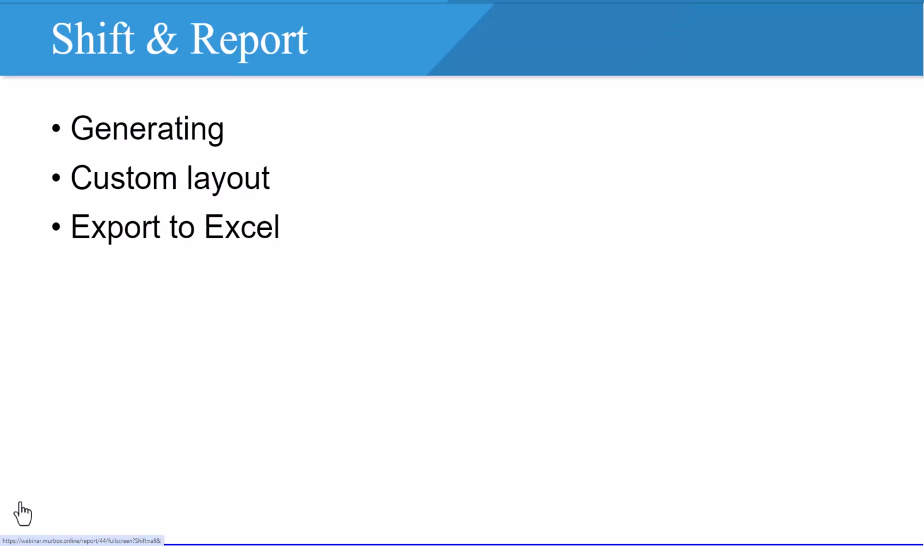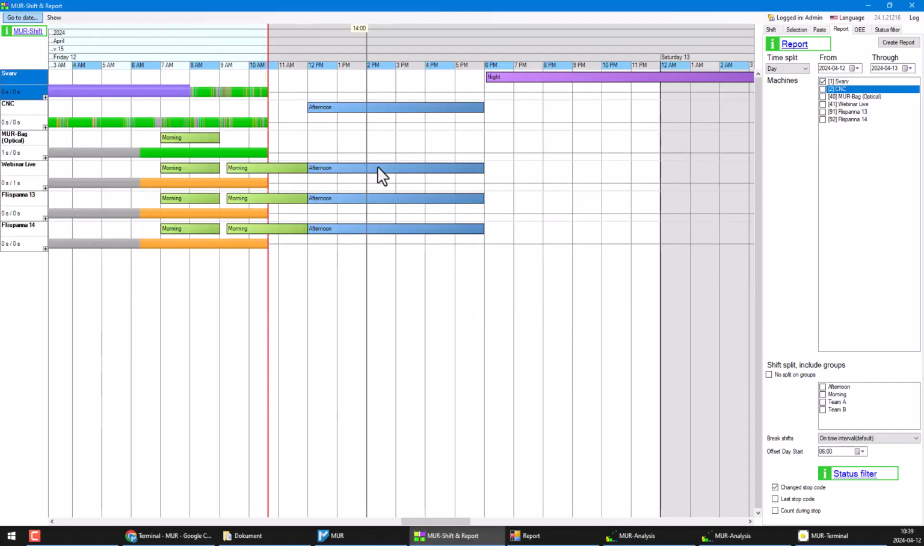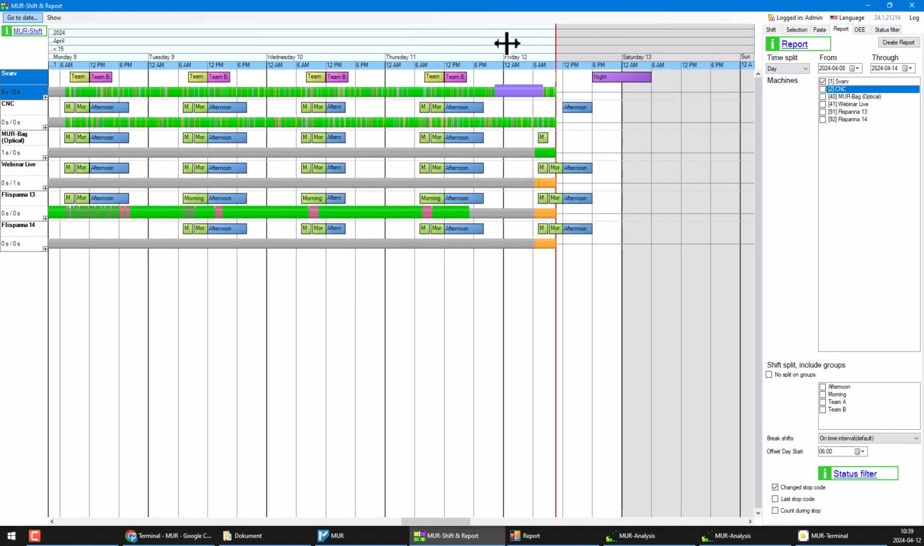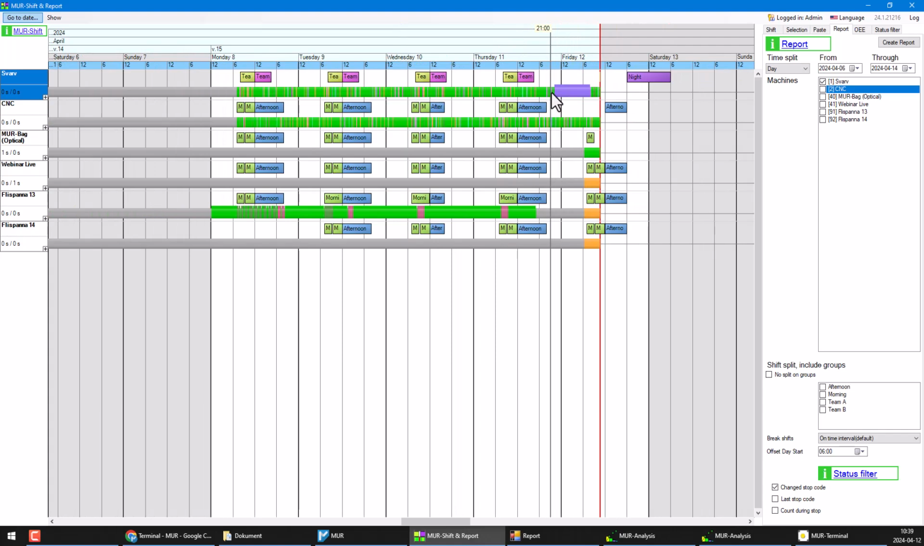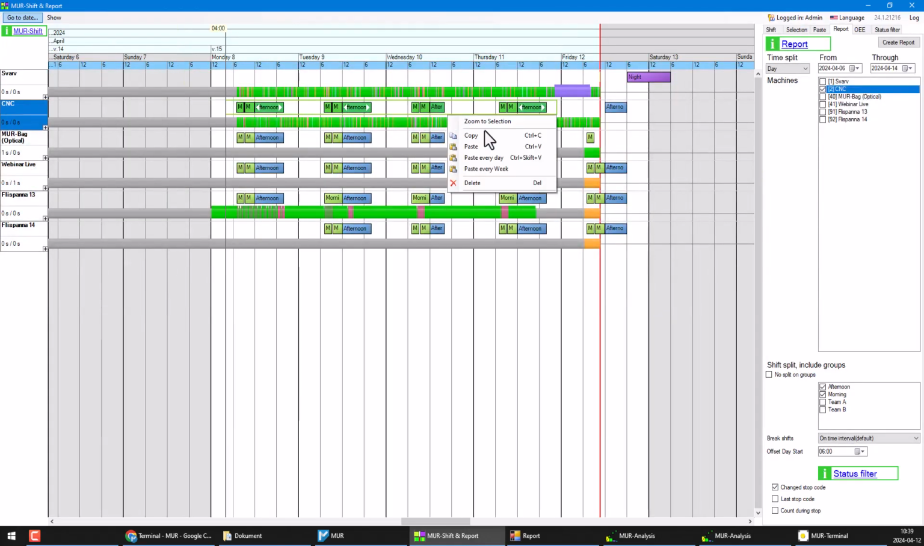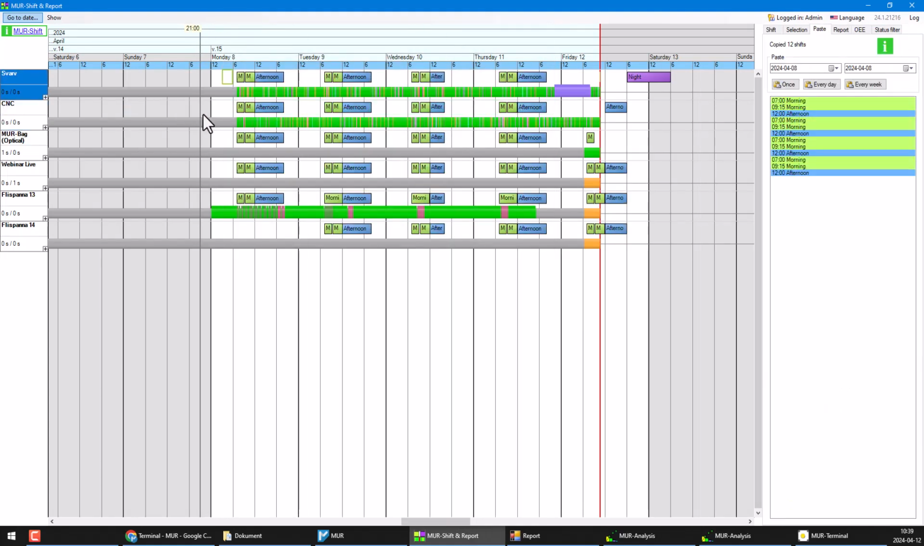So once you have shifts, let's create some reports based on that. And we're going to use the same tool that we have been editing shifts in. For this example, for simplicity, I'm going to restore the old shifts I had before. I'm going to copy and paste like that. And now I want to build a report for 3 machines for the first 4 days